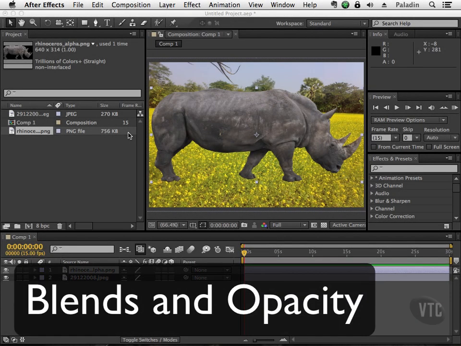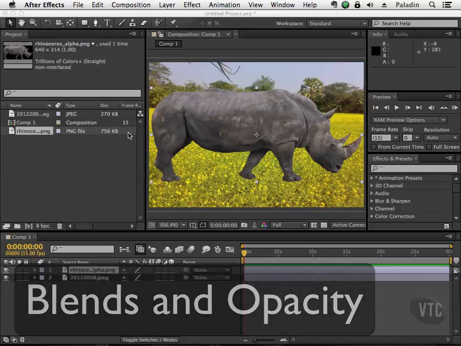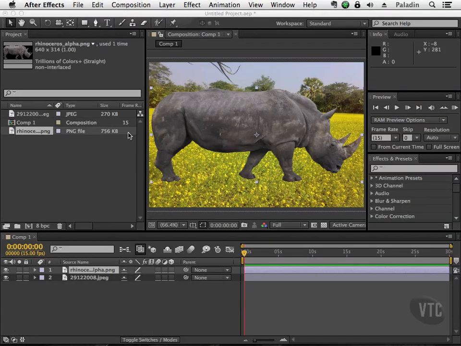Several of the Creative Suite applications have similar functionality, and of course After Effects is no different. We can enable opacity and also the blend modes that you might be familiar with inside of Photoshop. So let's cover opacity first, which we did cover elsewhere, but I just want to show you that we can